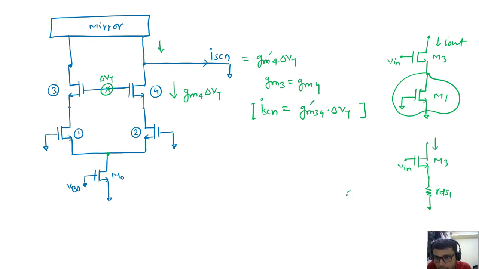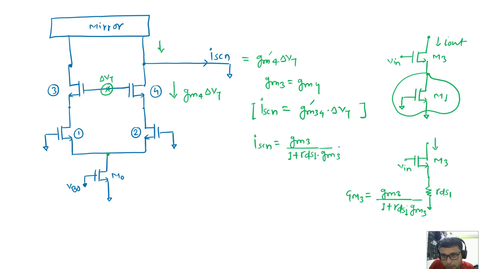So what is the GM3? Actually GM3 I can write here exactly as GM3 divided by 1 plus RDS 1 GM3. Okay. So here this ISCN is nothing but GM3 divided by 1 plus RDS 1 GM3, times del VT. So from here we can see that the effect of this VT mismatch of Cascode devices 3,